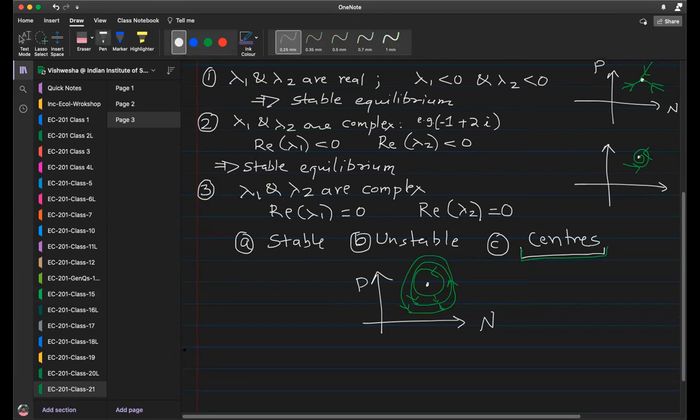Do they have to be circles or can there be any closed shape? No. In this case, they are called centers, but you're right. They could be any closed shape. They could be ellipses. They could be basically any loop, and the loop shape will depend on the various parameter values you have. Thanks for correcting me. They're not necessarily circles.